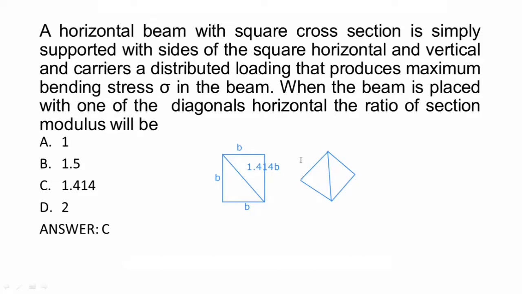For this diagonal cross section, it will be 1.414 times b d square by 6. Okay, so if you take the ratio of diagonal cross section to square cross section, the ratio will be 1.414b. Okay, so option C will be